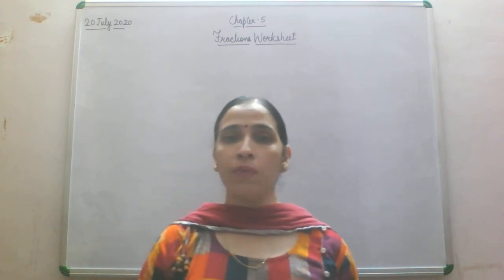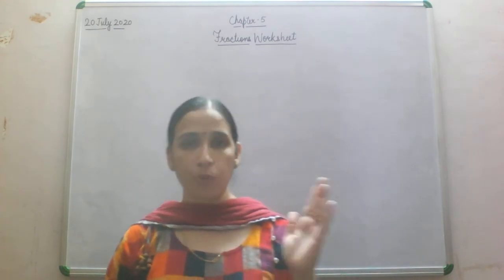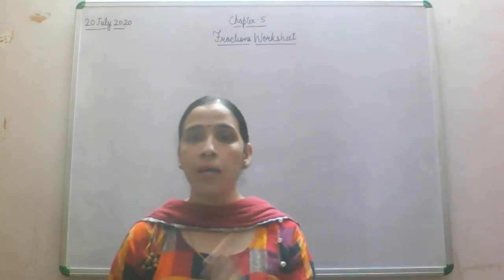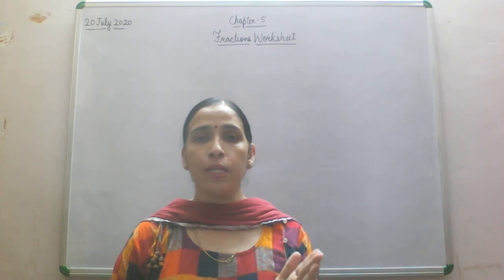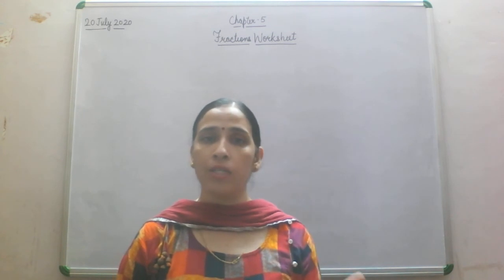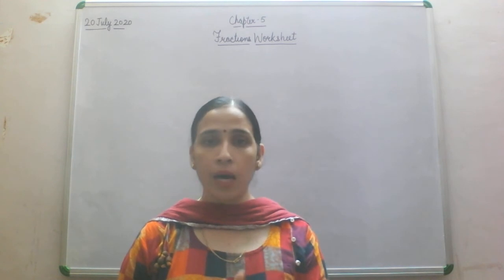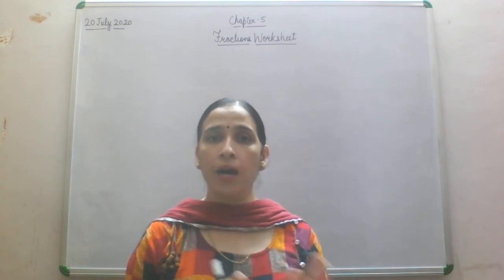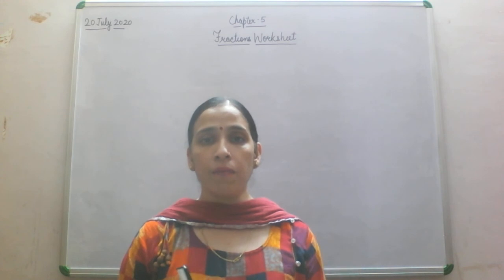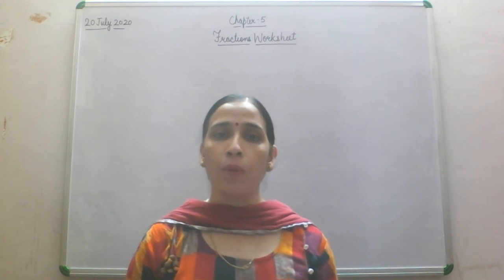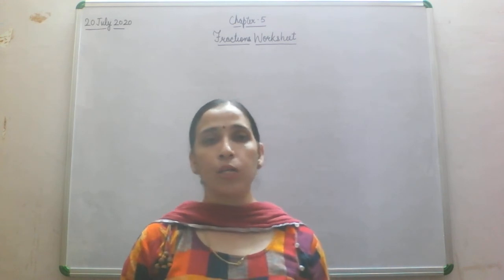Today we will do multiplication of a unit fraction by a whole number and multiplication of a proper fraction by a whole number, and then we will find the answer. And after finding the answers, if the answer comes as an improper fraction, then we are going to reduce it